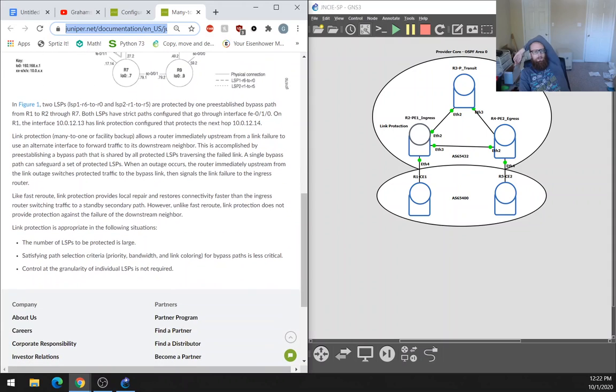In Figure 1, two LSPs, LSP1 R6 to R0 and LSP2 R1 to R5, are protected by one pre-established bypass path from R1 to R2 through R7. Both LSPs have strict paths configured that go through interface FE010. On router 1, the interface 10.12.13 has link protection configured that protects the next hop